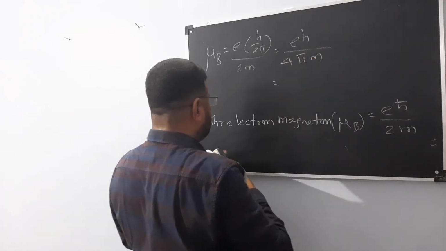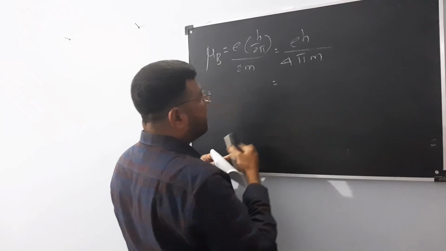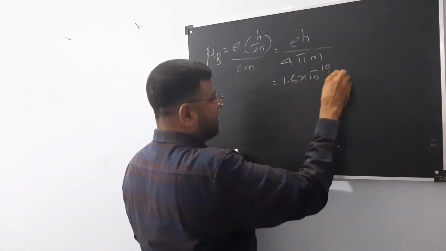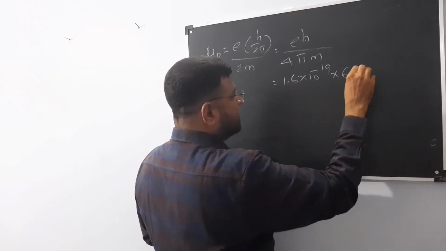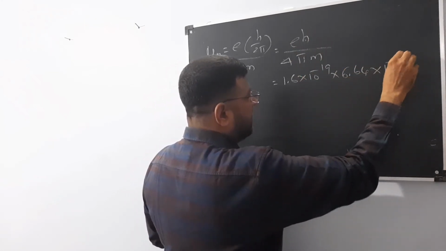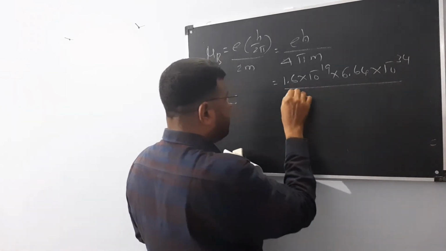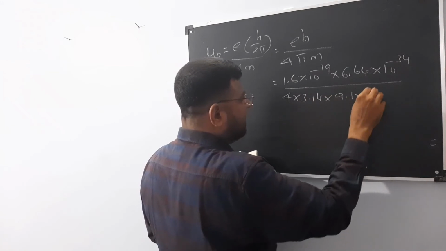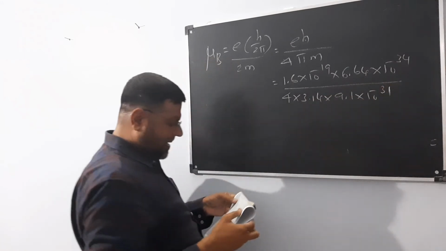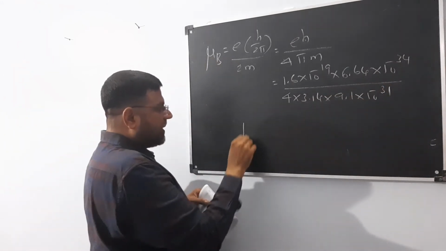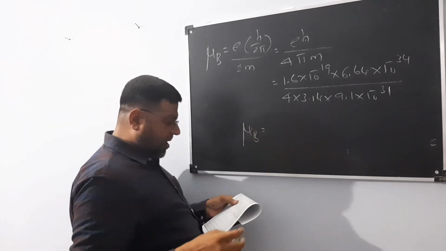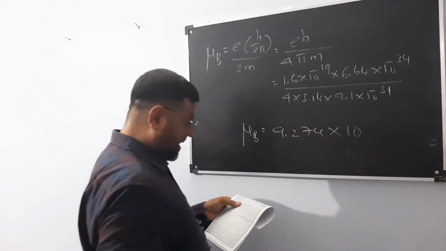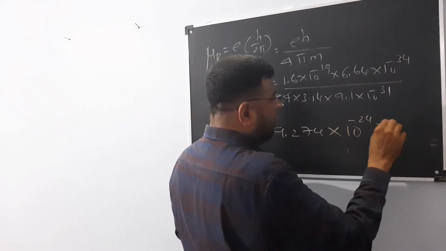You know the values of all this data: e charge is 1.6 into 10 power minus 19, Planck's constant is 6.64 into 10 power minus 34 joule second, 4 pi value is 3.14, and mass is 9.1 into 10 power minus 31. So when you calculate all these, you will get mu B is equal to 9.274 into 10 power minus 24